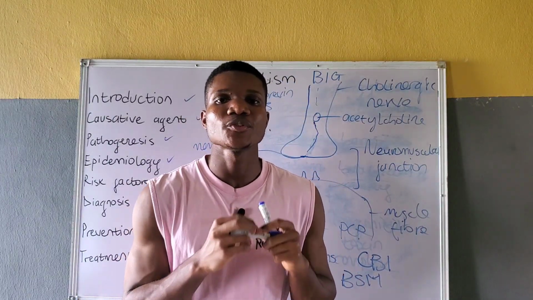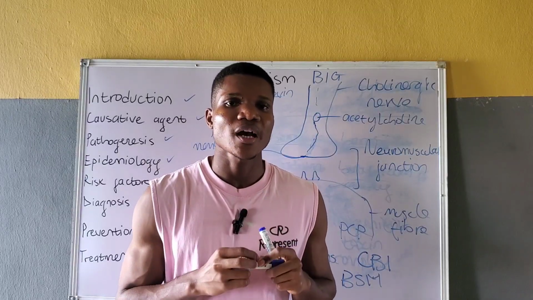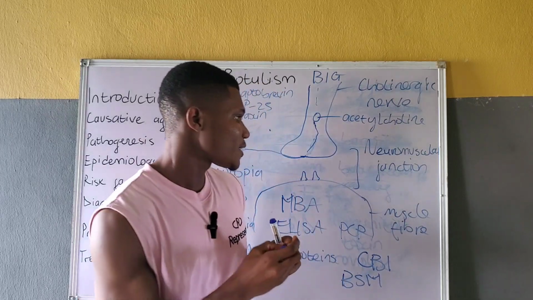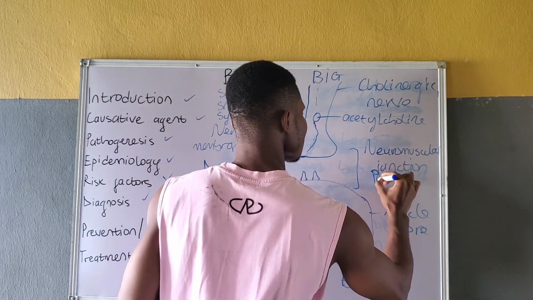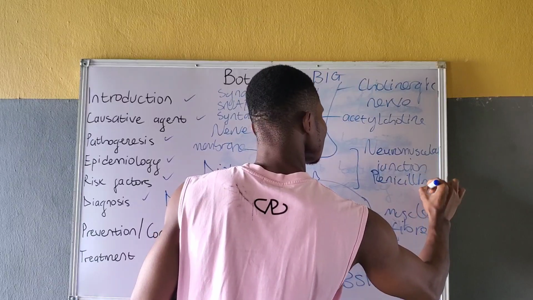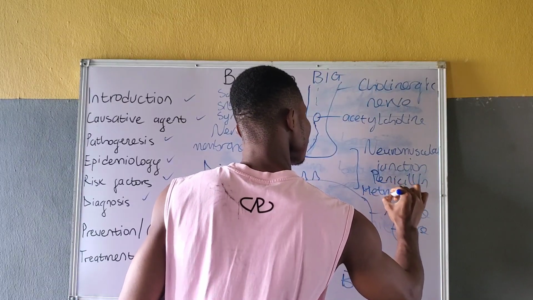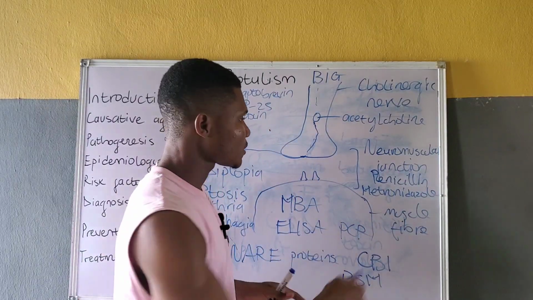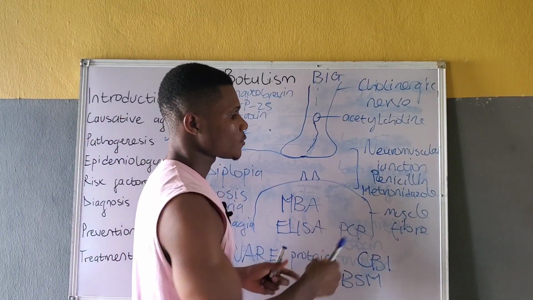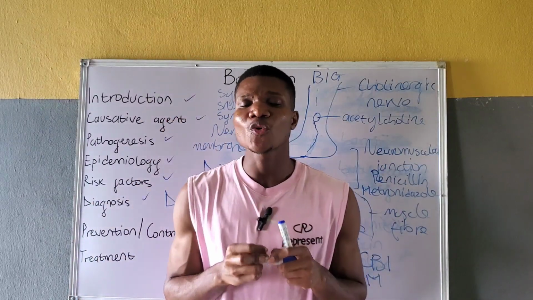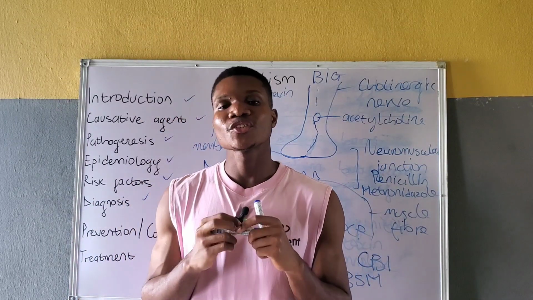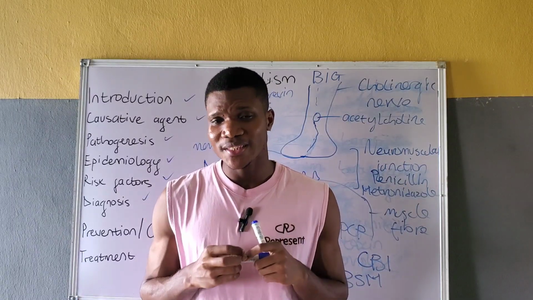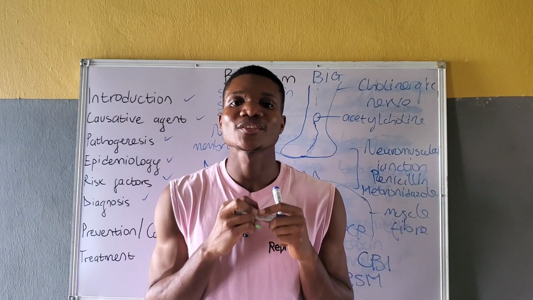Antibiotic therapy is used in wound botulism and not in food botulism or infant botulism. The antibiotic of choice for wound botulism is penicillin as well as metronidazole. It's important to note that antibiotic therapy is only used for wound botulism. This is to kill the spores of the Clostridium botulinum that are present in wounds, in necrotized wounds, and that